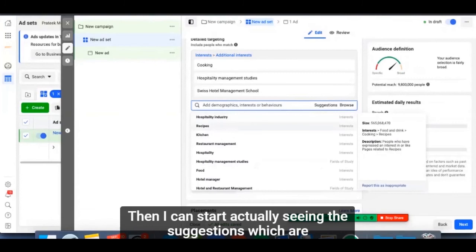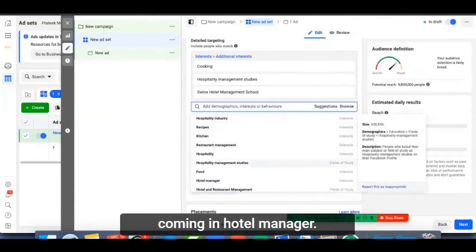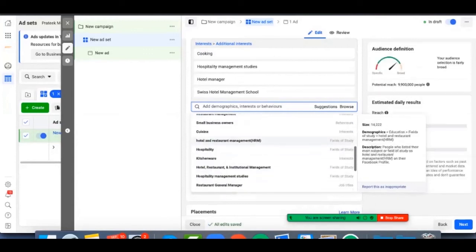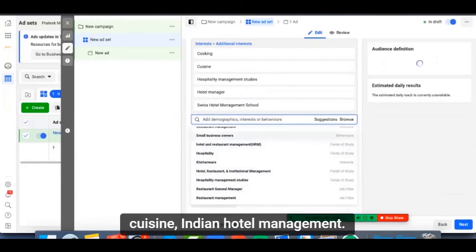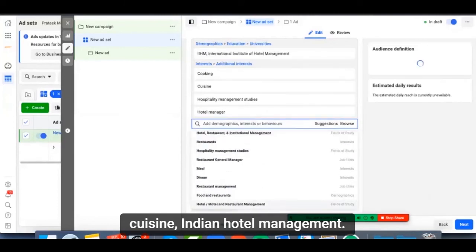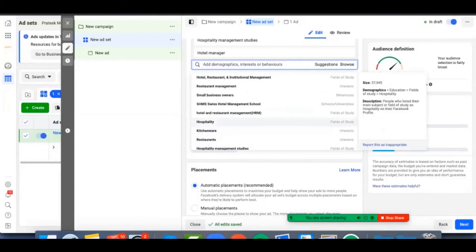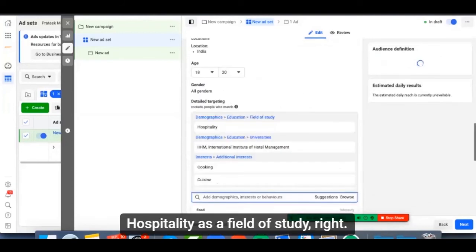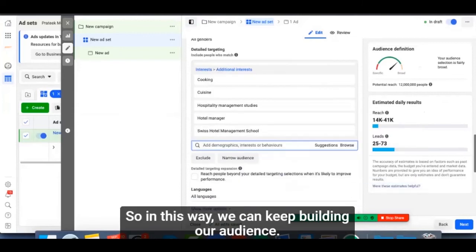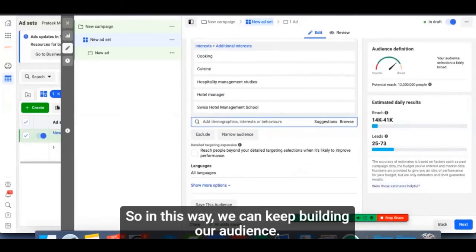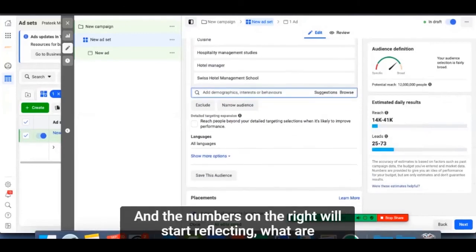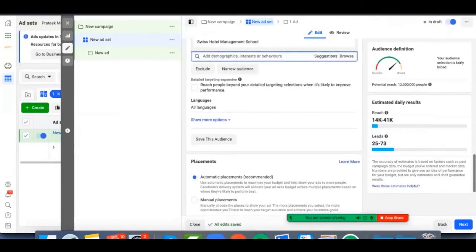Then I can start actually seeing the suggestions which are coming in: hotel manager, cuisine, Indian Institute of Hotel Management, hospitality as a field of study, right? In this way we can keep building our audience, and the numbers on the right will start reflecting what our results are looking like.